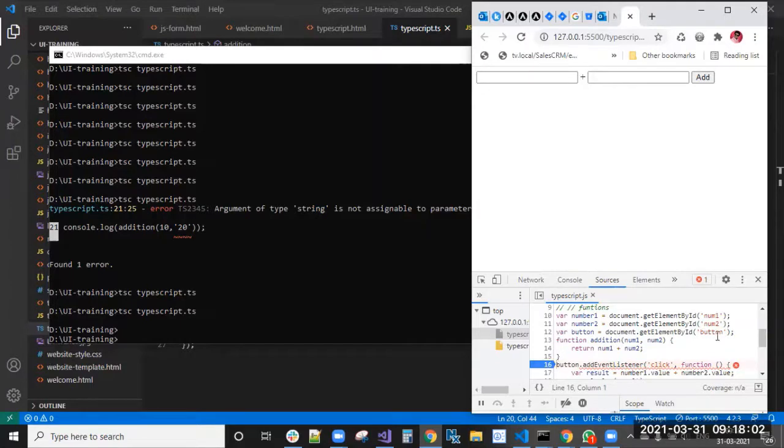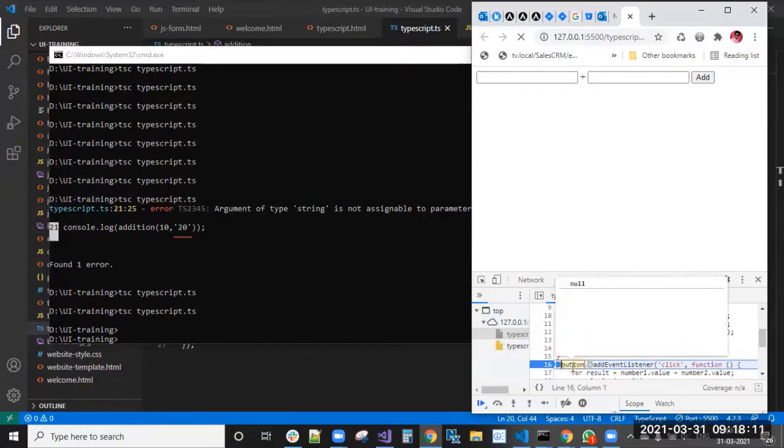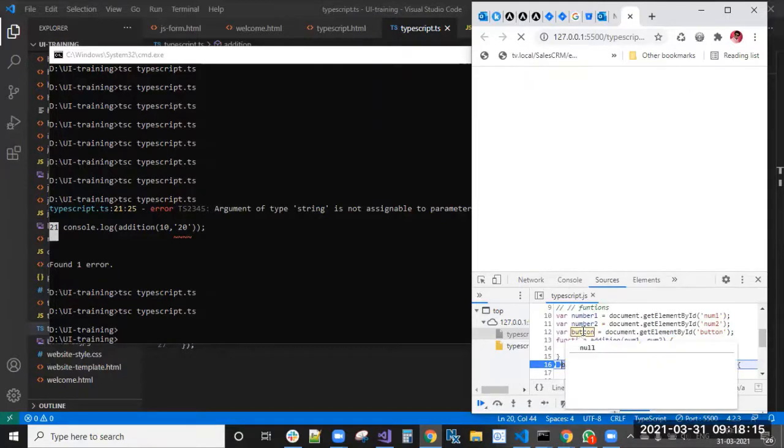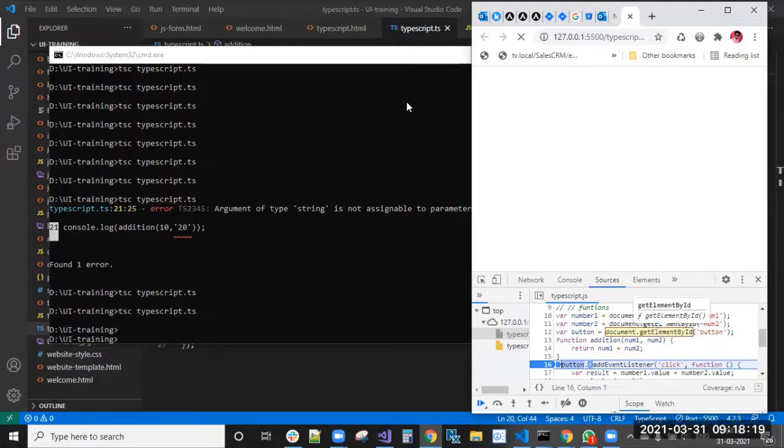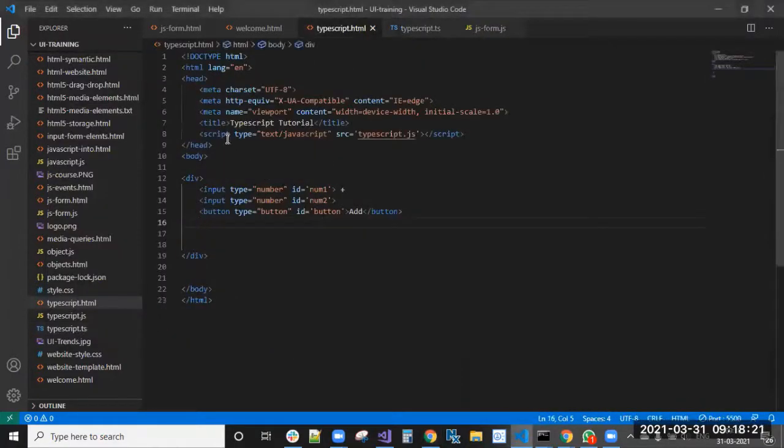Document dot getElementById button. Why is that coming null? Because of that only we are getting the error. The button means we will get it, right? So that element we need to get, document getElementById, after that the HTML, right, with number ID.